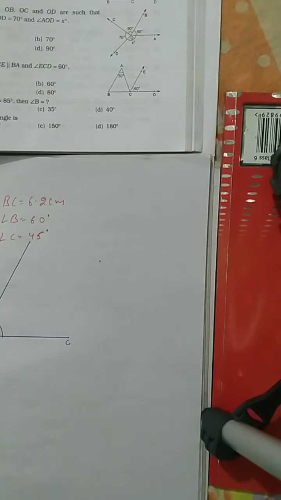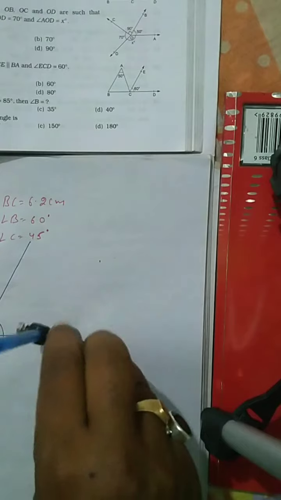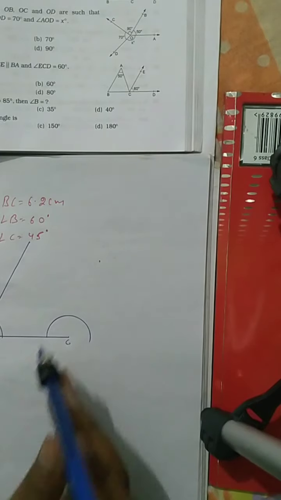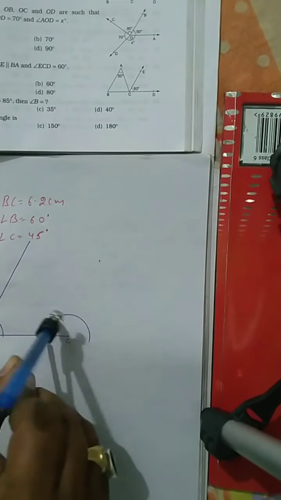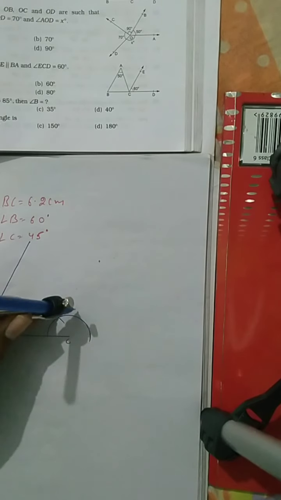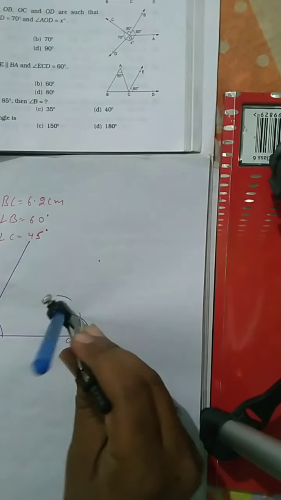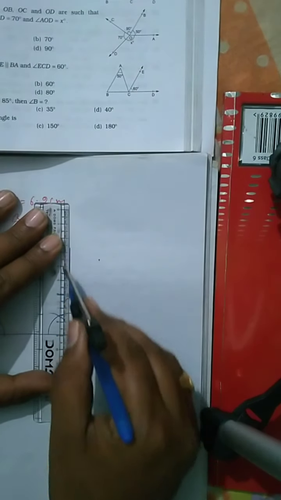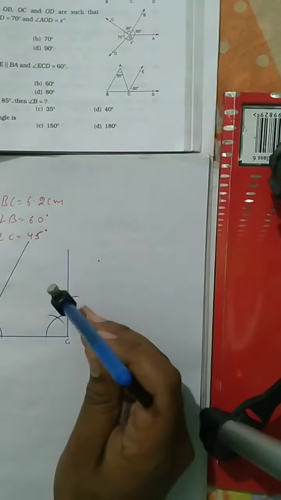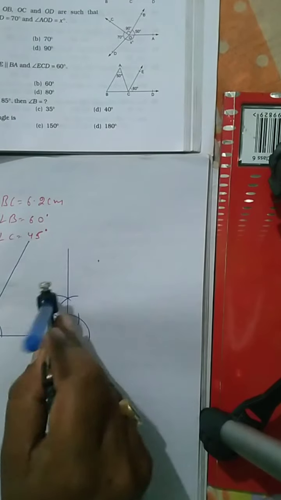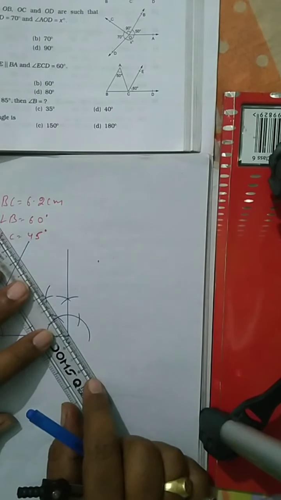After that, from C you have to draw an angle of 45 degree. First you have to make a semicircle, then from here cut one arc. After that, from here your second arc, then one arc should be here and one arc should be here. Join it. You don't have to change the arc. I am repeating, one arc should be from the middle and after that one arc should be from here. This is your 45 degree angle and join it.